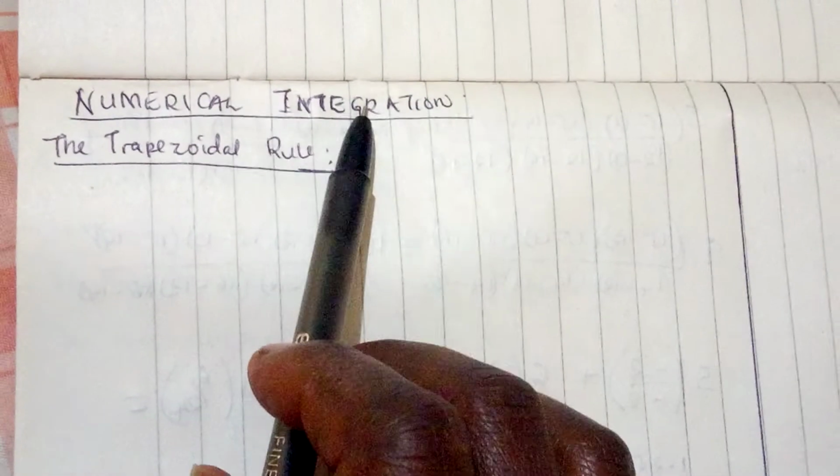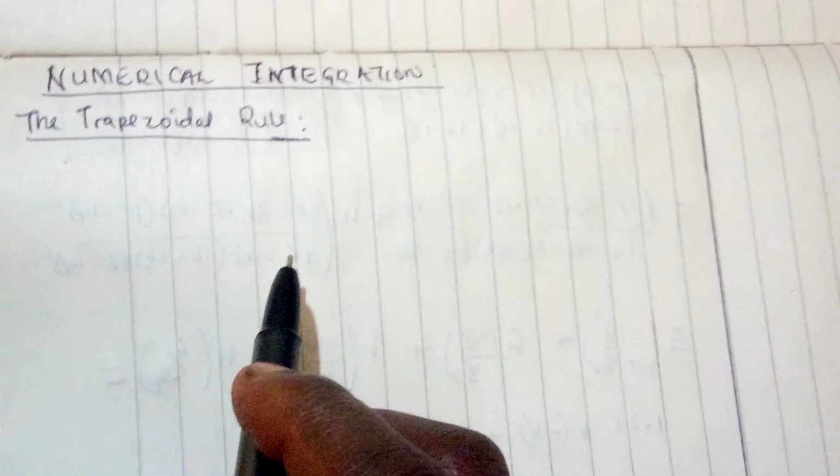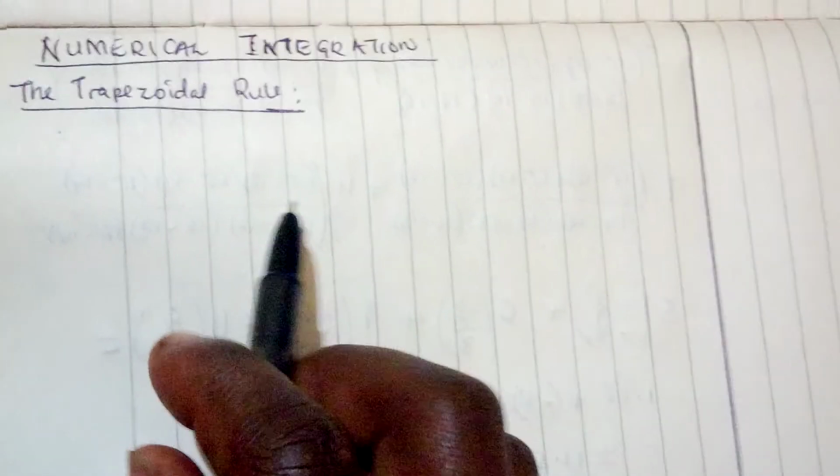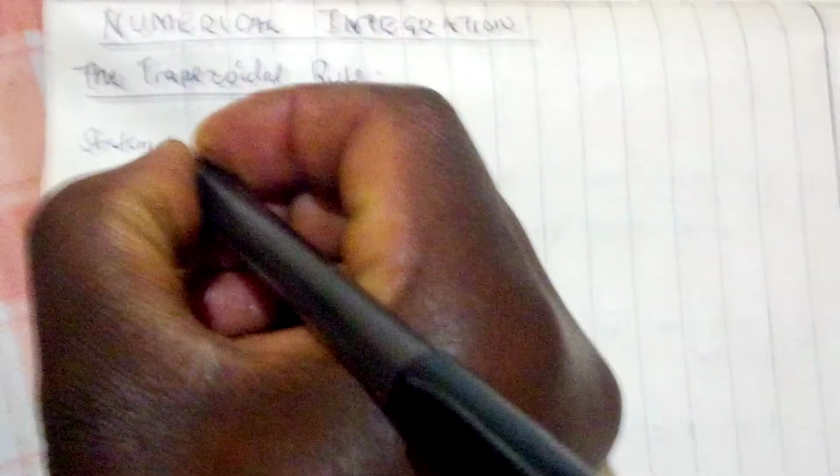So today we are going to look at numerical integration, and we are going to derive the trapezoidal rule. We are going to start with an opening statement that is going to help us come up with the trapezoidal formula. So the statement should be